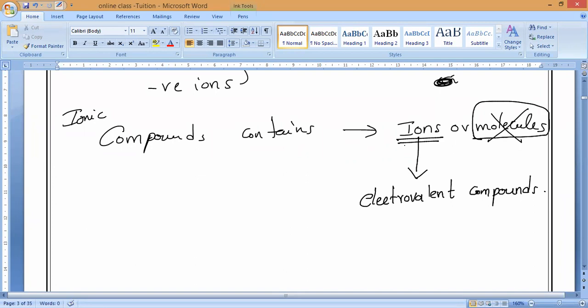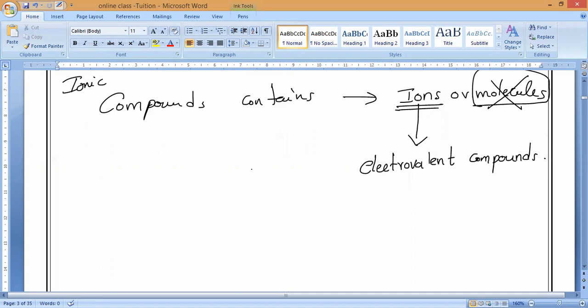So it is not formed by combining atoms. It is formed by combining what? Not molecules. By combining ions. Ions, sir. Combining ions. You should listen. Okay. Very good, Kevin.